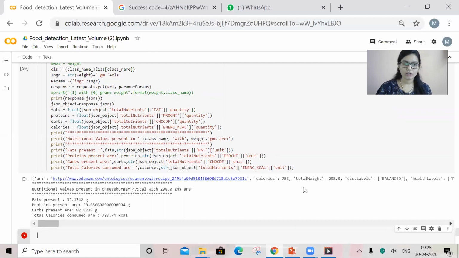Here our model is predicting 298 grams of cheeseburger. When we looked up the average weight of a cheeseburger on Google, it showed around 300 grams. So our model predictions are almost accurate here, and the nutritional values are based on 298 grams of cheeseburger.